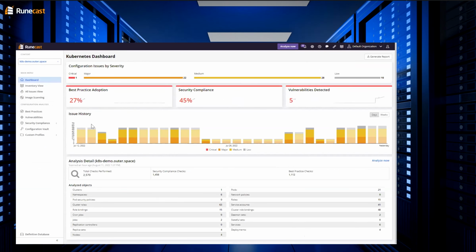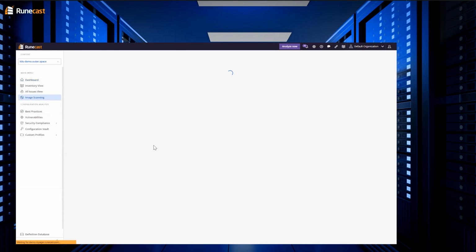And as before, what we were able to do is best practice adoption, security compliance, and do vulnerability management against clusters, nodes, and pods. With this image scanning, this functionality will allow our users now to find vulnerabilities that are not strictly Kubernetes related, but are present in the container images that are used in their infrastructure. So essentially, it's checking the application packages inside the container image for vulnerabilities. So that shift left approach that Steve was mentioning earlier. So if I dig into the image scanning now,